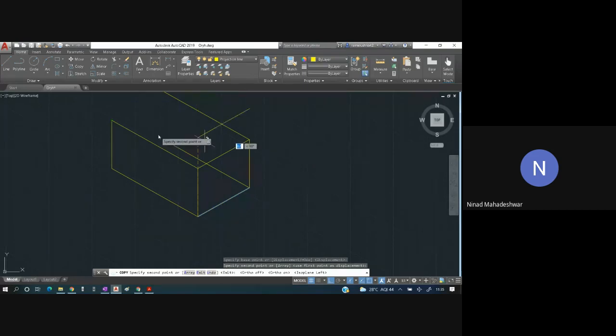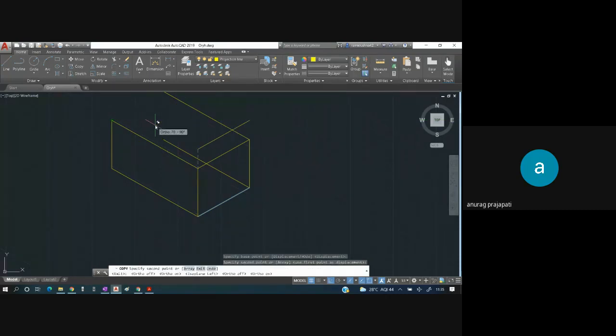I'll press F5 and change the plane. See, the ortho command means you have to only draw 90 degrees. Whenever you have to draw 90 degrees, that command will be used. If you have to paste this over here, this is 90 degrees to this axis, that is the x axis, hence you can draw over here. That is where it is used.